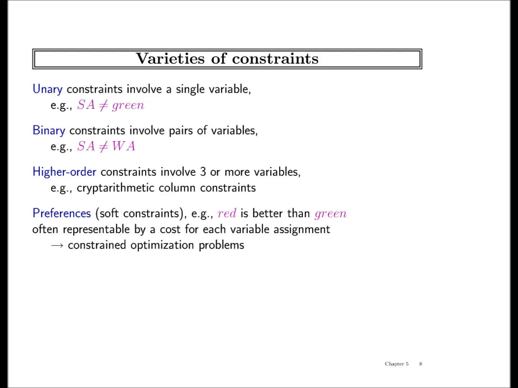Then there are soft constraints, which say, you can color it anyway, but I really like red. It's my aesthetic choice. So if I can put more red in there, I'll be happier. That's a soft constraint. That is often represented by a cost of a variable assignment, and that leads to constraint optimization problems as opposed to constraint satisfaction. If we spent 3 hours on constraints today, I would have definitely discussed constraint optimization. We'll see whether we can get to it next week.